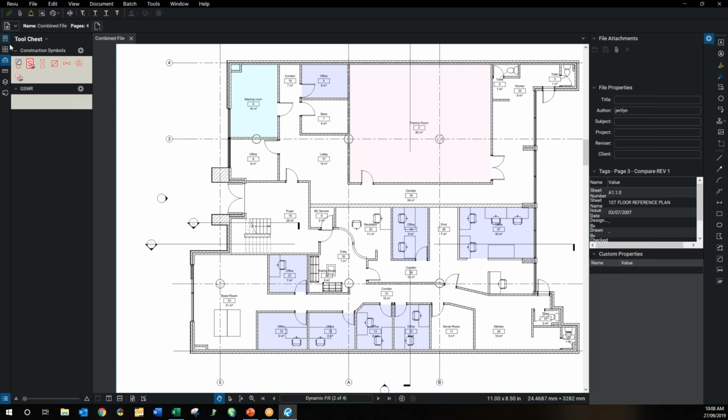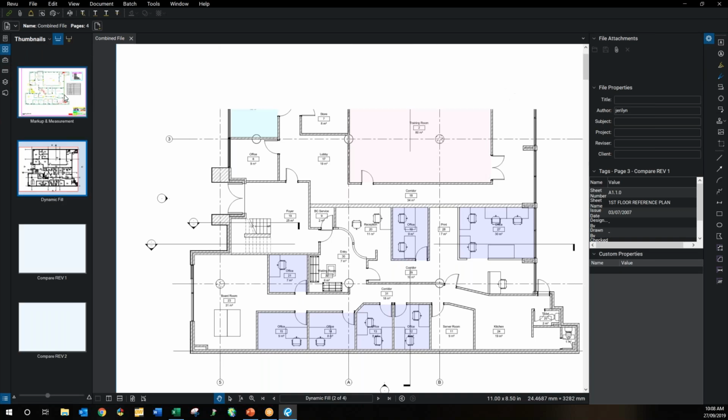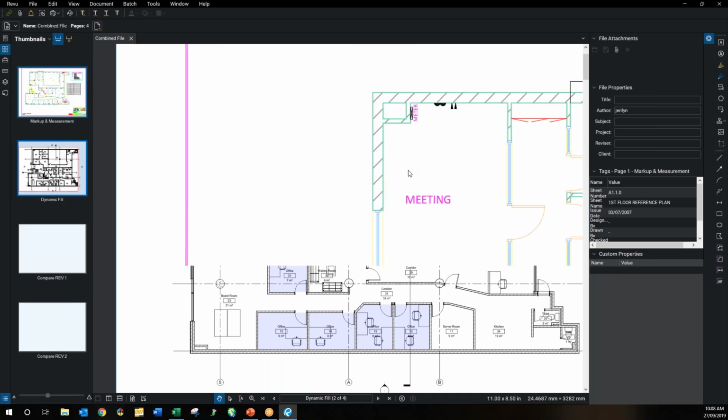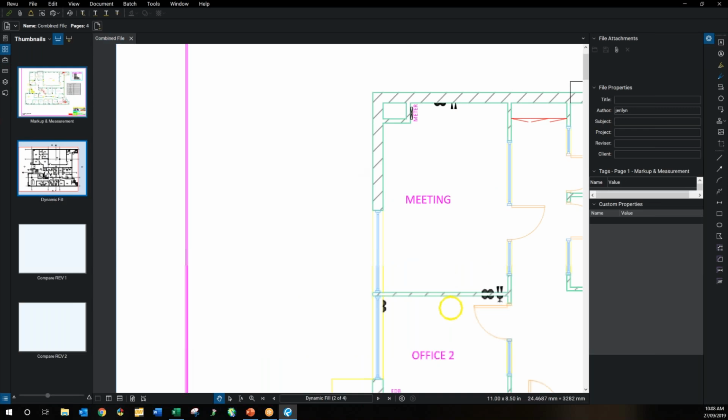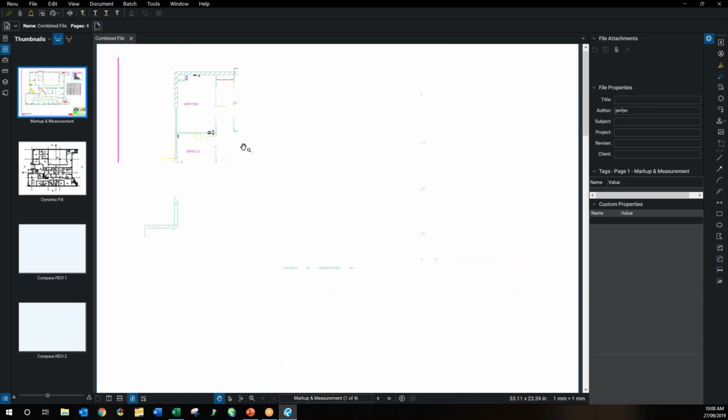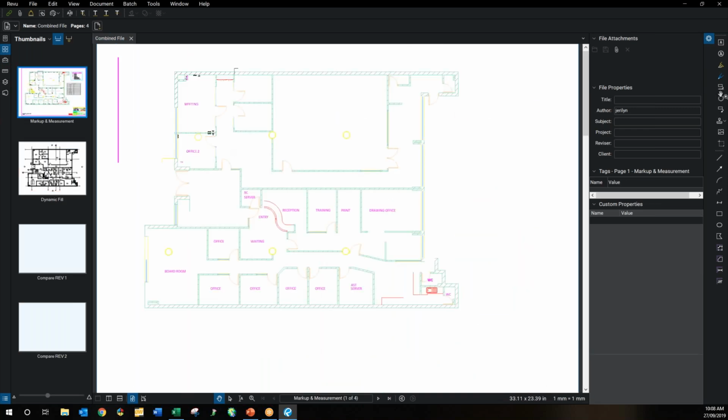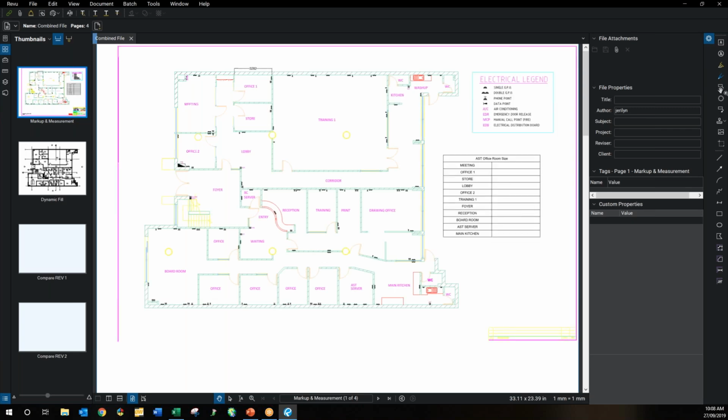Cool. So getting into markup. On our drawings, we have a few different tools that we can use. It's built in with some pretty handy tools. So the first one I'll show you is the Cloud Plus. Say we're reviewing this drawing, we're on site and we want to mark a defect in a wall, for example. If we click this little tool here, it's called the Cloud Plus,